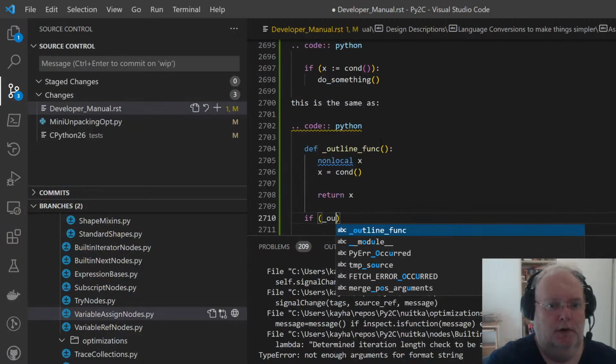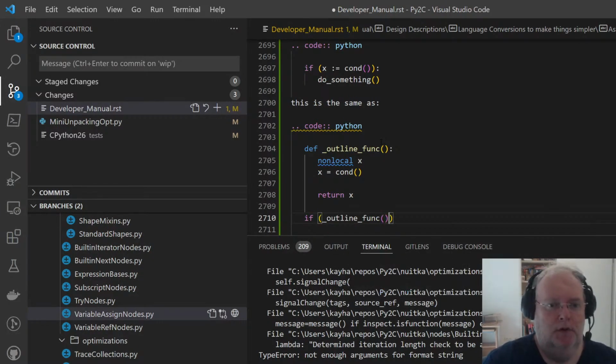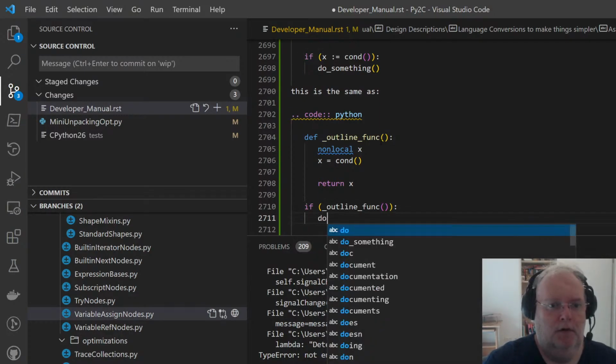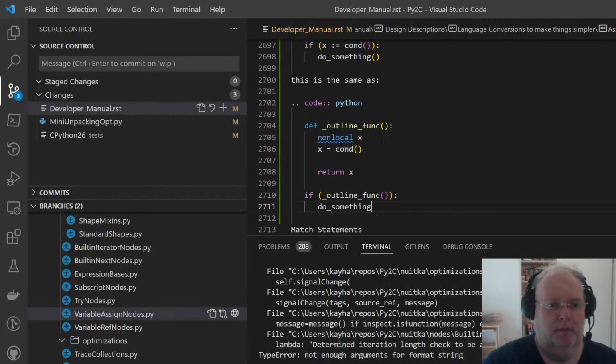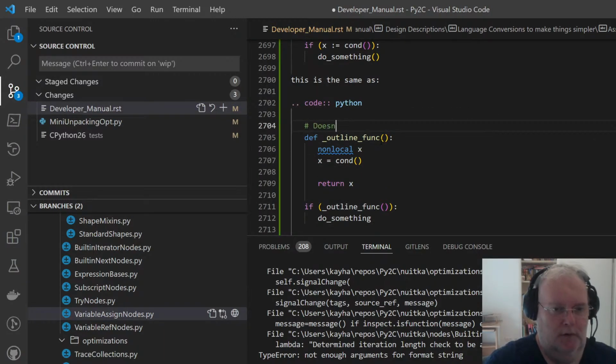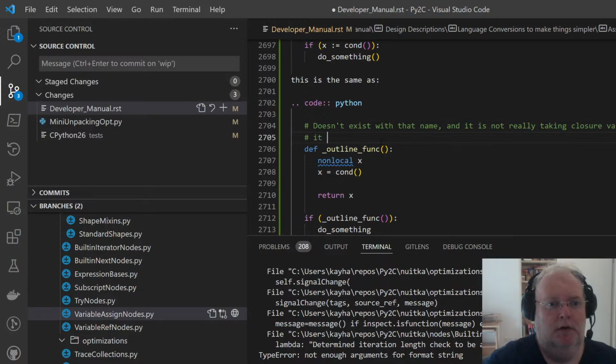If outline_func, do something. It doesn't exist with that name, and it is not really taking closure variables. It just shares the execution context.